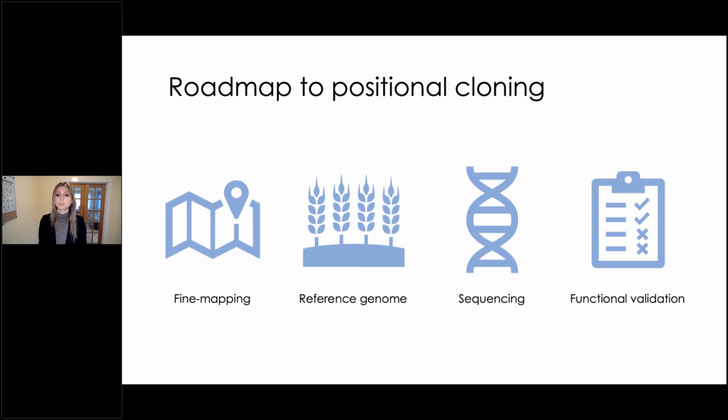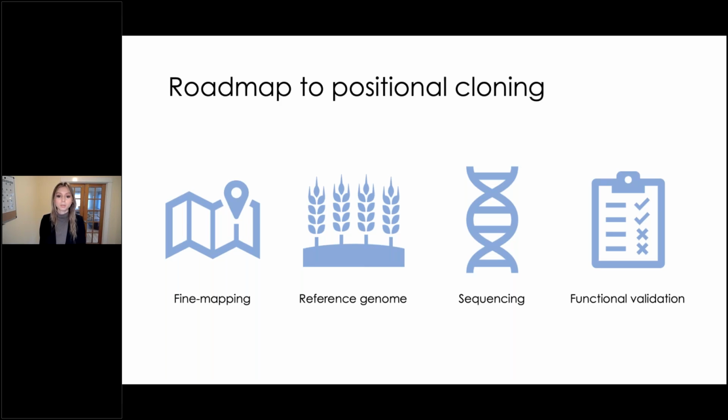So how do we go beyond mapping traits that often span broad genomic regions to validating selectable markers that can drive genetic gains? Positional cloning is a foundational approach to this process, which identifies a gene through fine mapping, which involves developing a population of highly inbred plants that have a homogeneous background genome, but are segregating for your region of interest. So for example, a QTL, and then through continuous selfing, you can identify recombination events within your QTL region and more confidently associate them with the trait phenotype given the homogeneous background genome. And then exploring